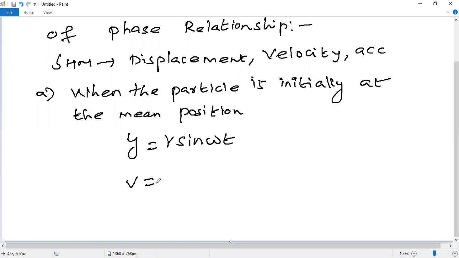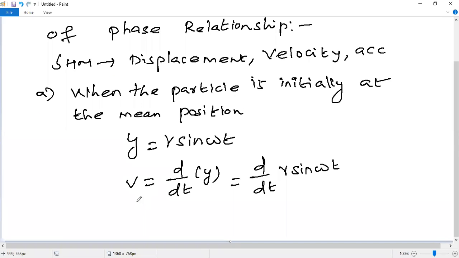So velocity v is equal to d by dt into y. So what is the value of y? That is r sin omega t. So d by dt of r sin omega t. Doing the differentiation,